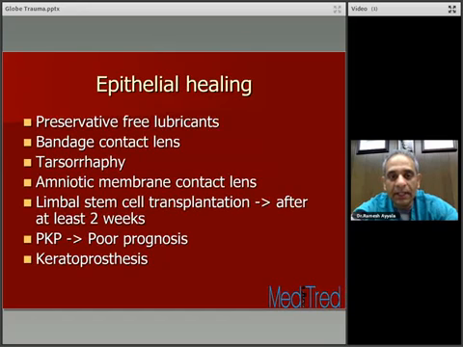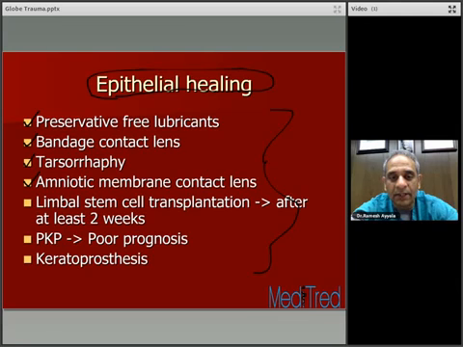Epithelial healing in patients with, especially chemical burns with persistent epithelial defect or any epithelial defect right from the beginning. Aggressive management strategies should be employed to promote epithelial healing. And this includes frequent preservative-free artificial tears, bandage contact lens usage, tarsorrhaphy. Central tarsorrhaphy is a very useful technique in this kind of cases with persistent epithelial defect, amniotic membrane,